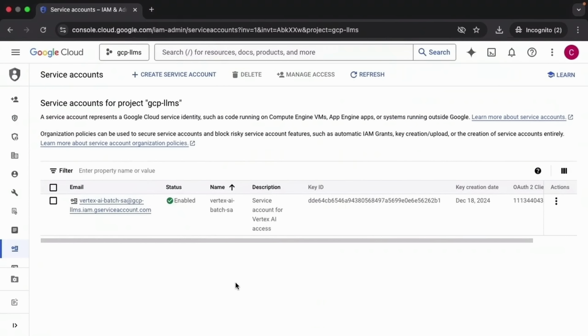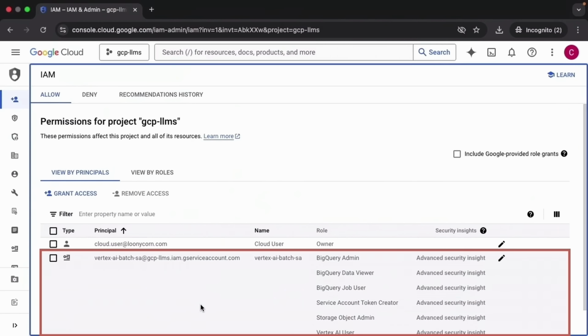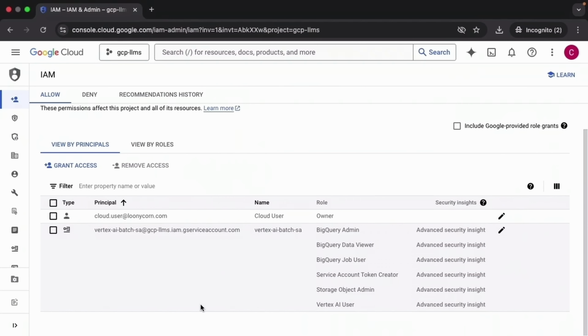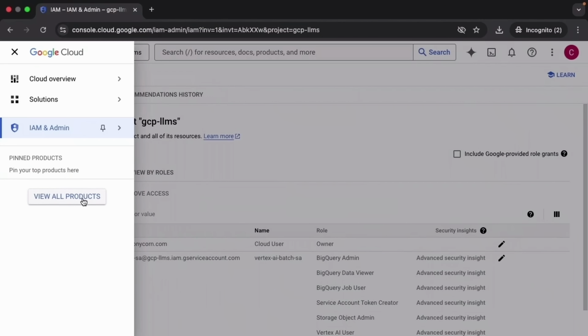Now let's head back to the Google Cloud Console. And if you go to the main Identity and Access Management page, you should find the service account that you've created listed there, and whatever roles you've applied to the service account. Now, if this looks good, let's head over to Cloud Storage and create a bucket that will contain our batch